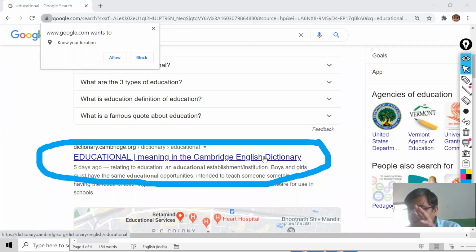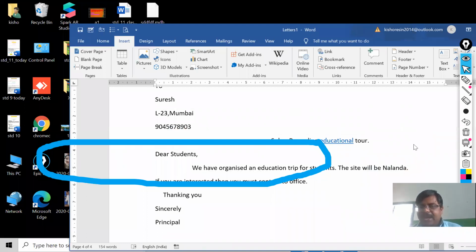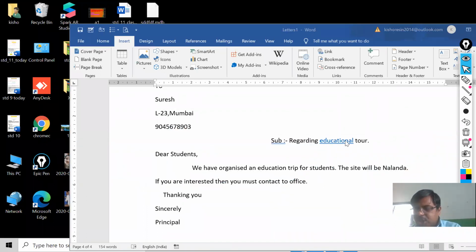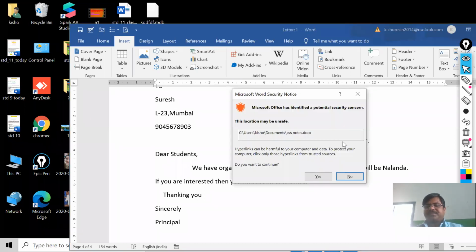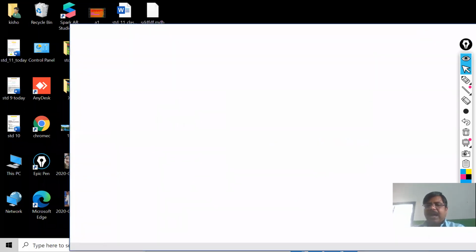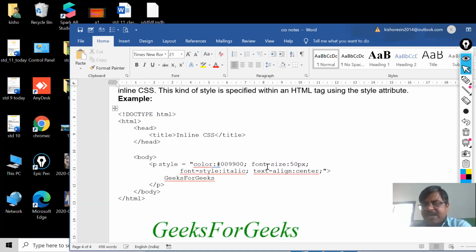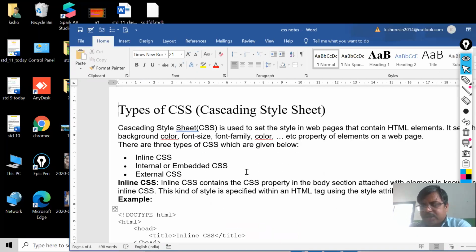But in MS Word, it will not show it. If you want to open it, then you have to use Ctrl and left mouse button click. So I'm going to show you. Just you can see, my dear, this is my file. It is not showing the handshake, but once I go there and click the Ctrl key and the left mouse button, what will happen? Just you see. It is asking to open, I will say yes. Now what happened? The file has been opened or not?